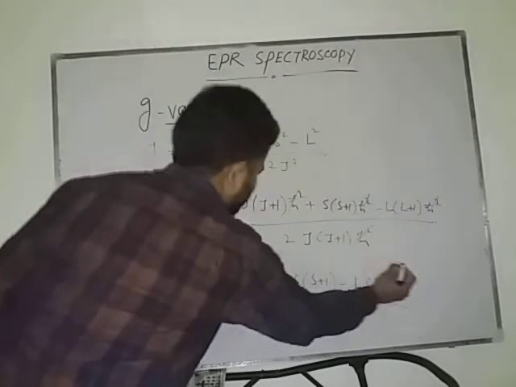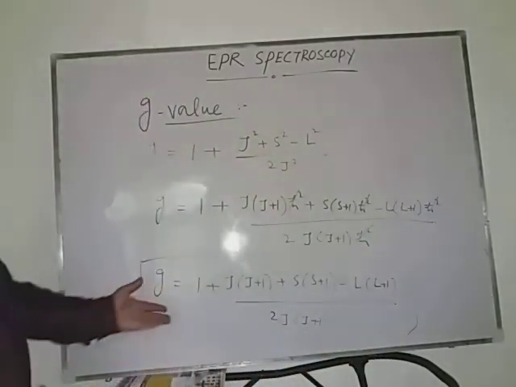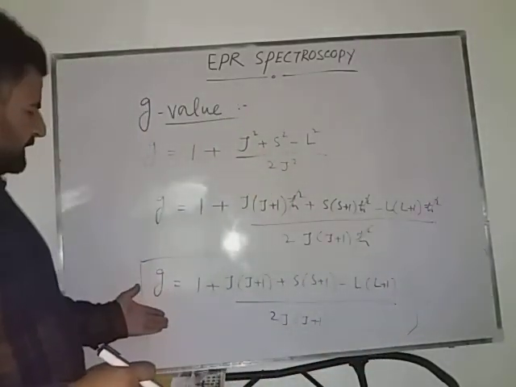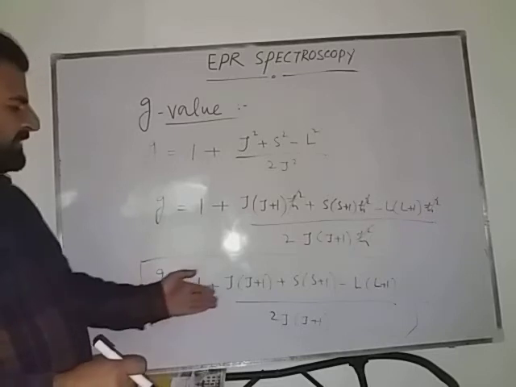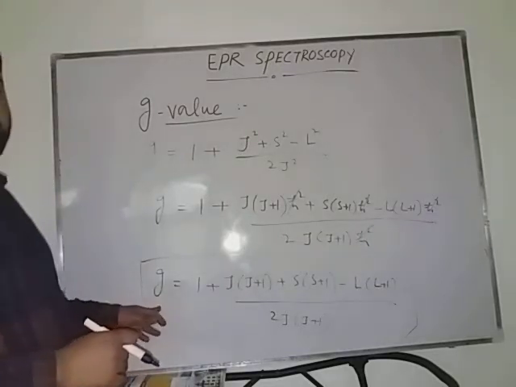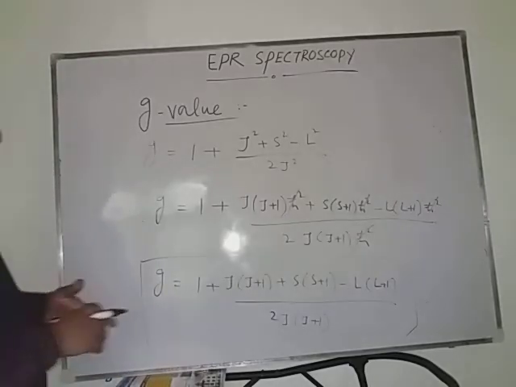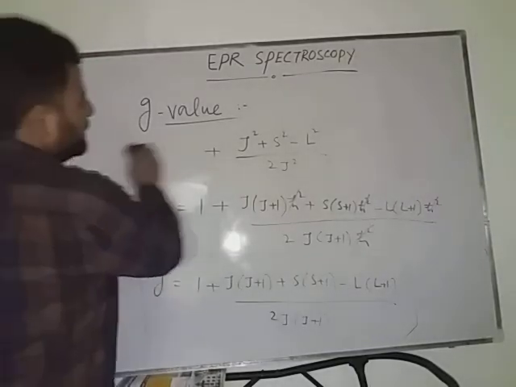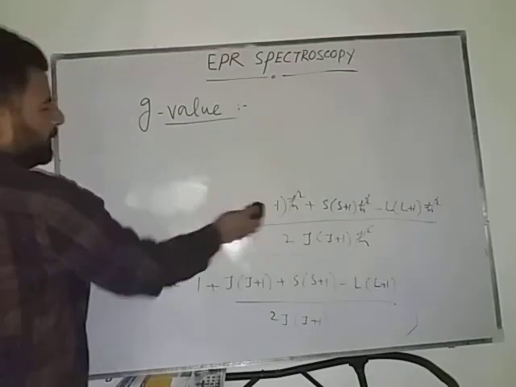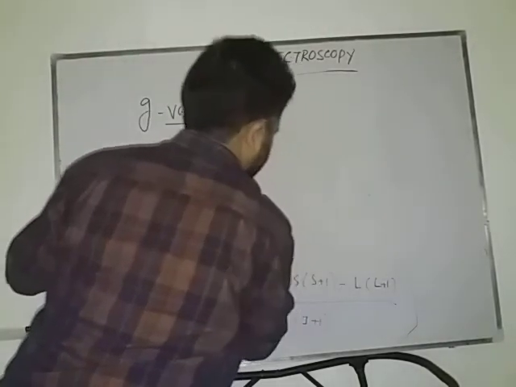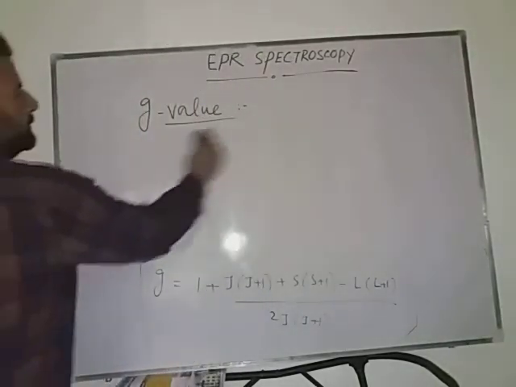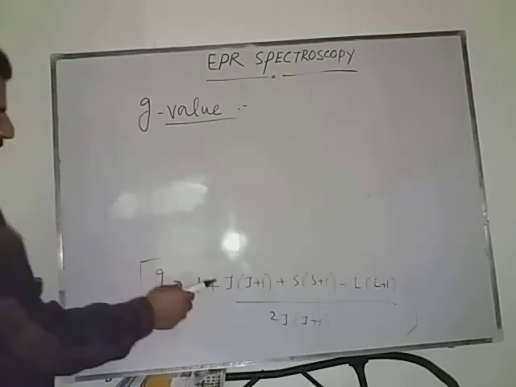This is the equation which we generally see in the books, which shows the relation between the J, S and L values with the Landé splitting factor. From this equation you can see...